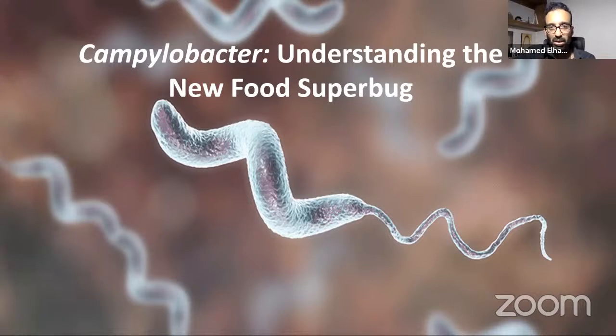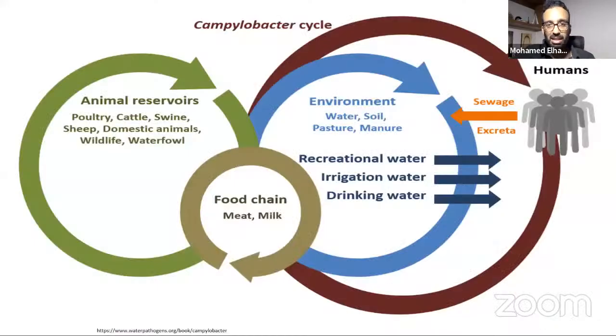Yet by now, I would say that Campylobacter is one of the most predominant foodborne pathogens, and the incidence or infection rate of Campylobacter is more than Salmonella and Shigella combined. Okay, so how can we acquire Campylobacter? We know that Campylobacter is a foodborne pathogen, as I mentioned. It's mainly through eating uncooked poultry. So if you eat chicken that's uncooked, you might be at risk of developing Campylobacter. So this is the transmission cycle.